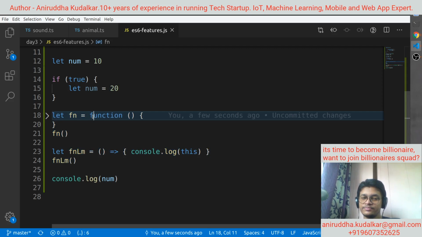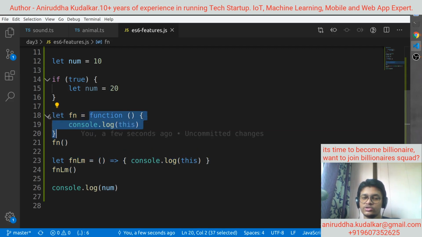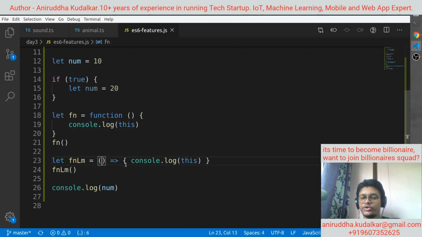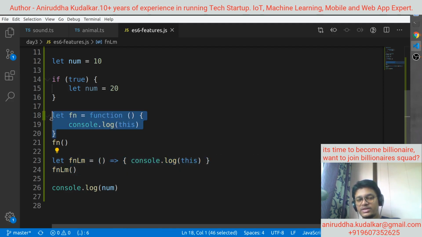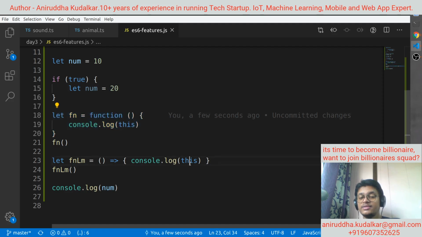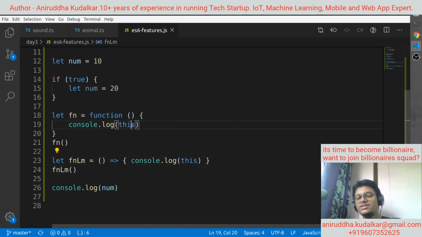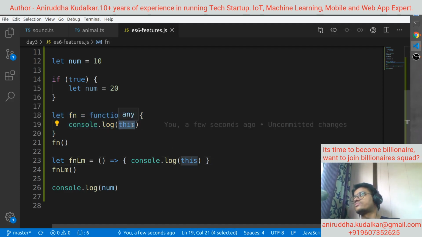Everything is same. Here also you are doing console.log. Here also you are doing console.log. Representation is different. Right? Concept is same, and this would be different. Okay? So this thing is given to us by the ES6 features.